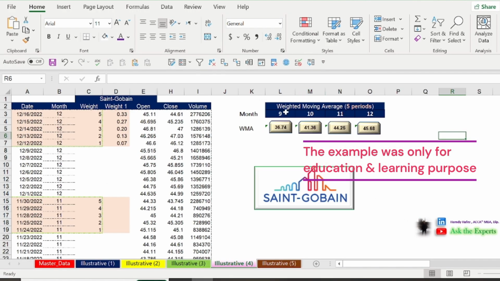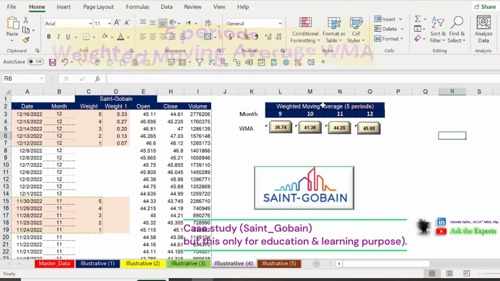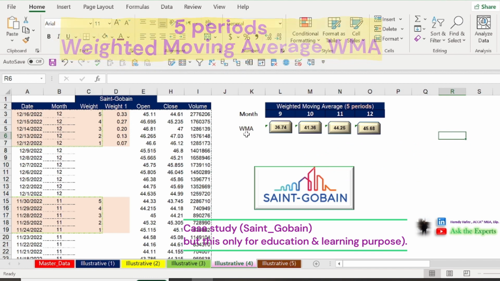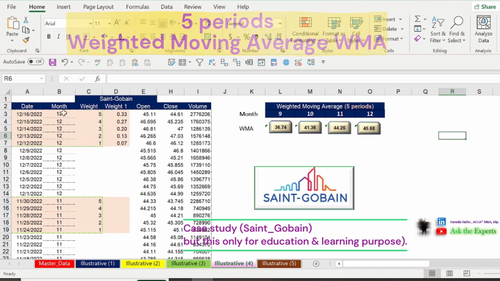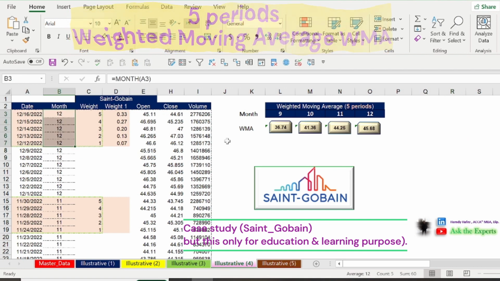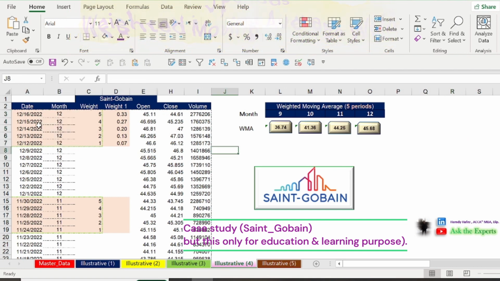Now, let's discuss another concept. The 5 periods weighted moving average using SUMPRODUCT. Our case study is one of the largest global building material producers. It's Saint-Gobain. But what is weighted moving average, or WMA? As an overview,